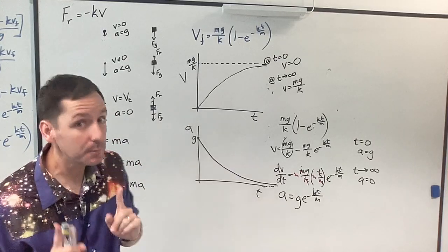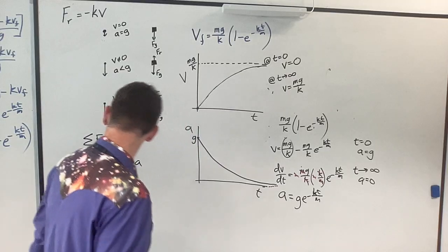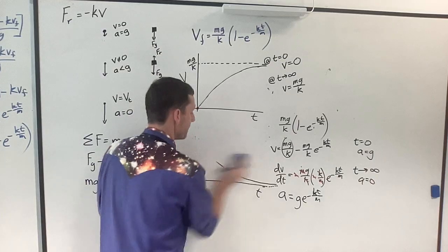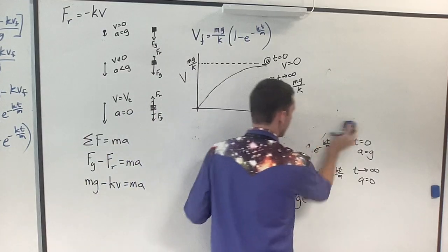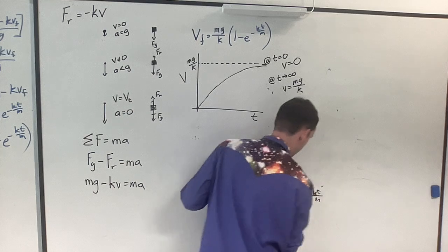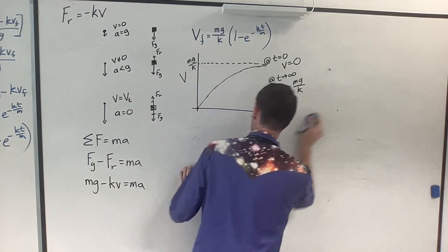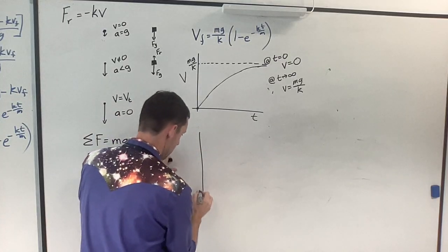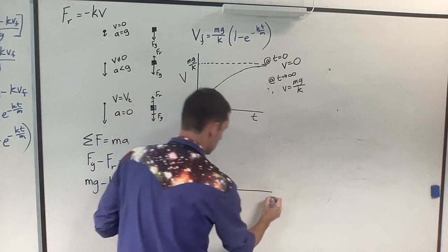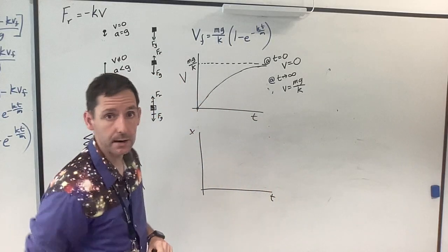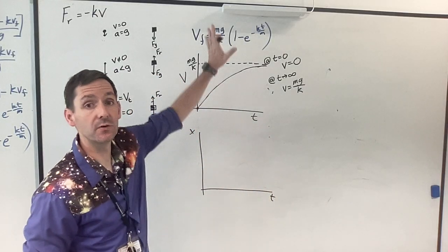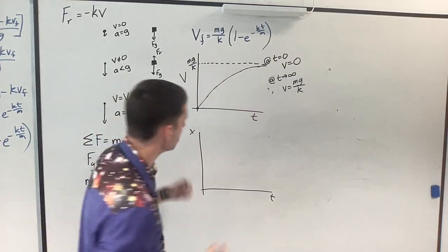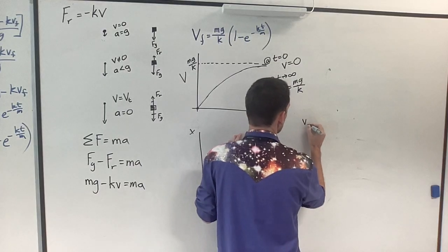Last thing that you should be able to do is this. You should be able to find the displacement, all right? So I'm going to get rid of my acceleration here. And now we're going to create a displacement versus time graph. So same thing, x versus t, all right? And now to get from velocity to displacement, I need to do an integral, right? So again, I'm actually going to take that velocity,